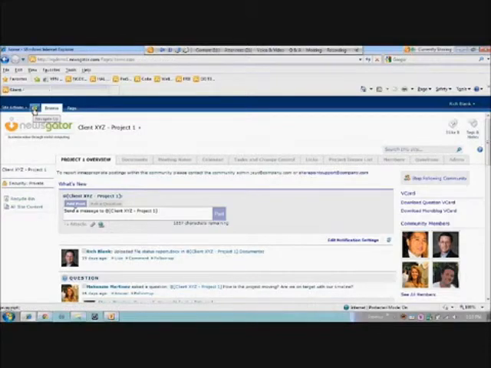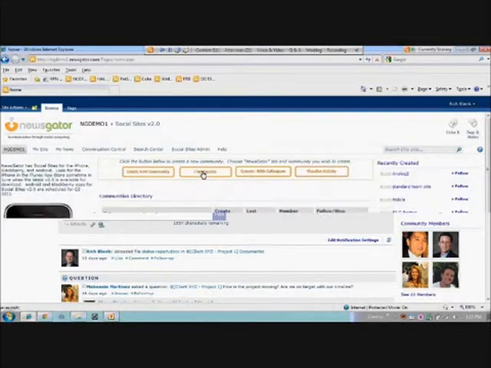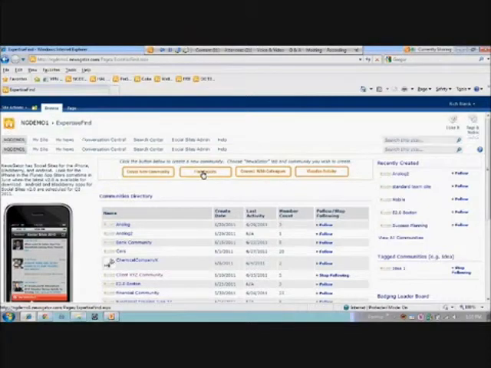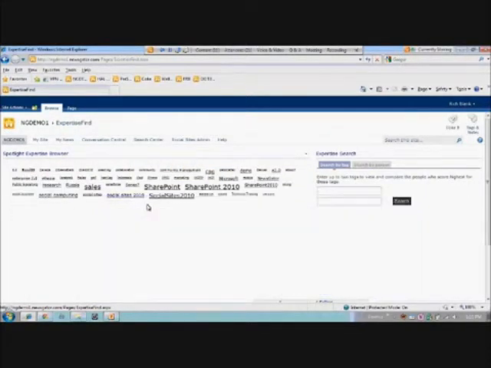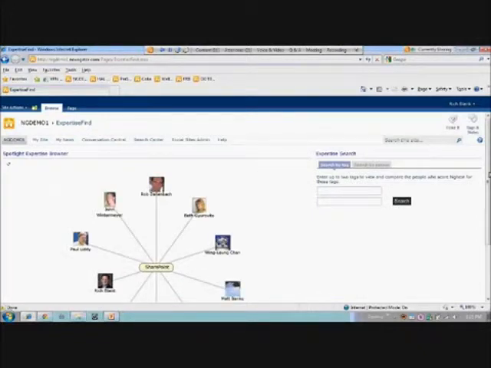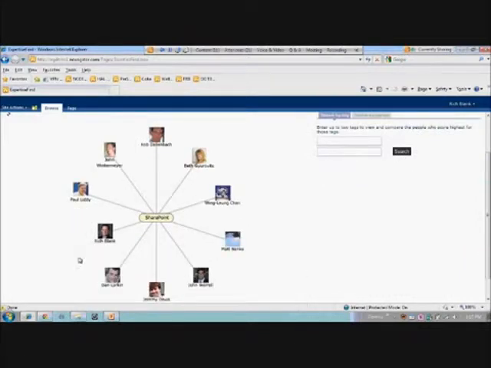I'll also show you the expertise as well. The more you interact with the system, the easier it is to find experts, and this is all part of that Spotlight module that we provide along with the badging and recognition. In the Spotlight module, we've got expertise, and what you're presented with is a tag cloud. Now, if I click on one of these words in the tag cloud, you're going to see that term appear, and all the individuals that are associated with this particular topic.